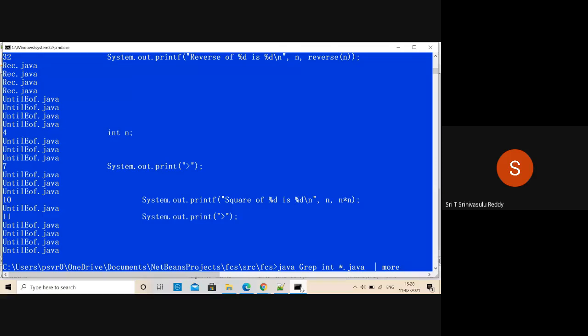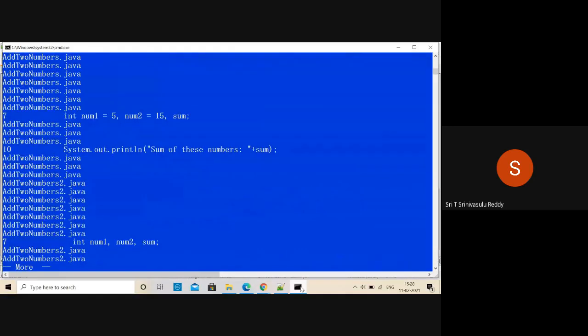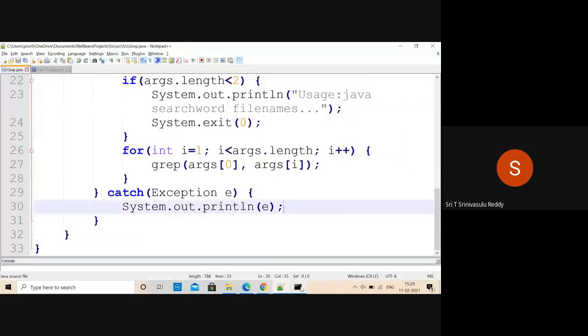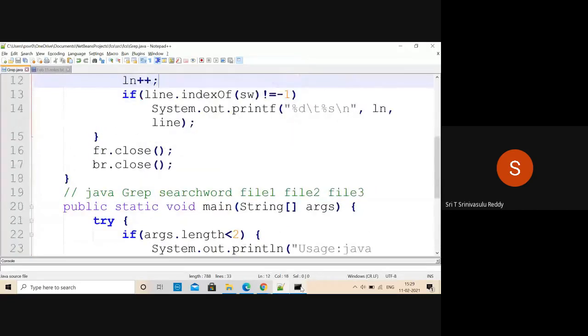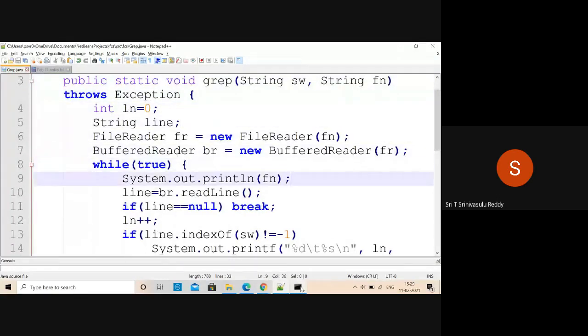Now we will say, just pipe it to more. And then when you give it, it is displaying this. So now what it is saying, add two numbers.java. So why is it saying so many times? This is not a right thing, right? That means we must have put it inside a loop, right? So this is not the right logic that I'm actually thinking. Let's come back to this. Where are you putting the file name display? The file name display must be put outside that. Oh, so you have put it inside this thing. That's the problem, right? So for every line, it is displaying the file name.